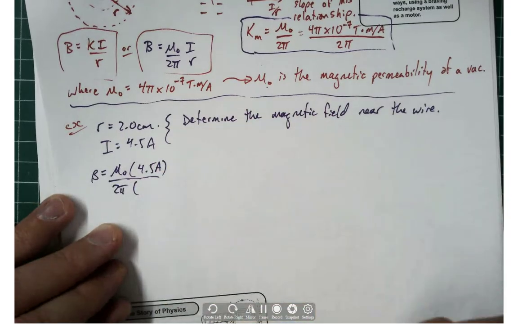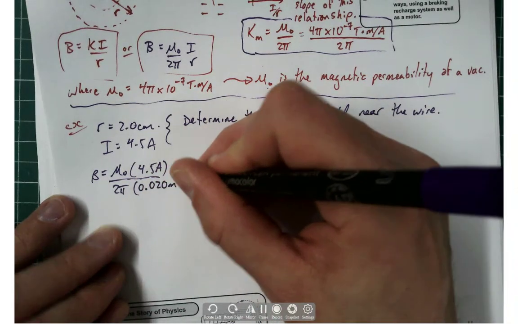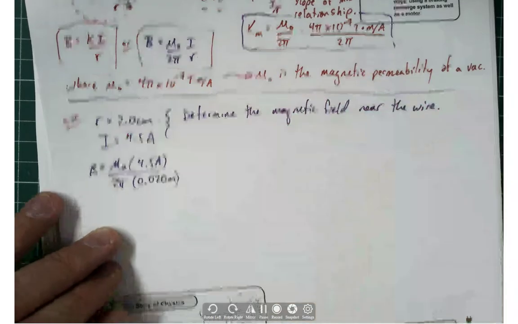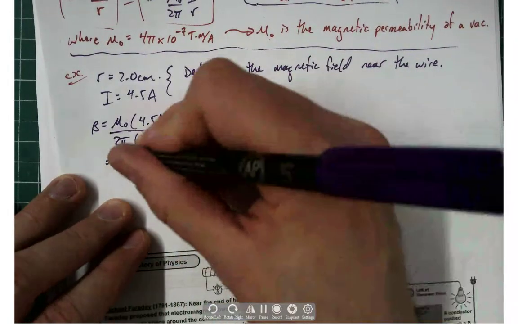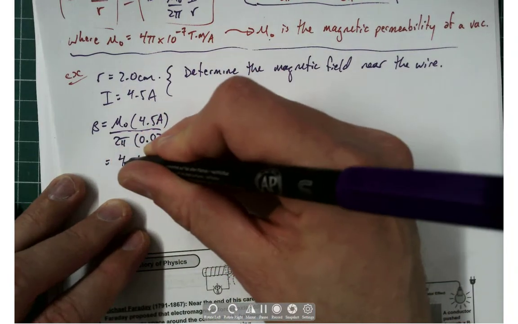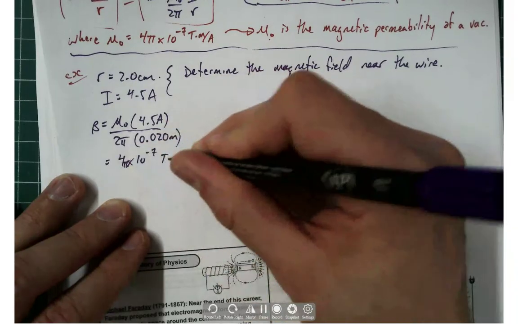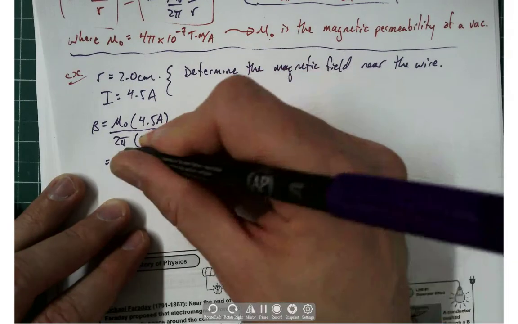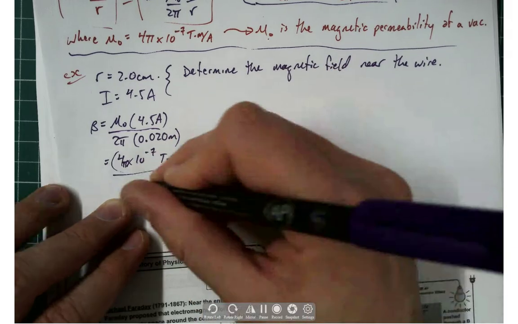What would I have to write it as? Yeah, 0.02 meters. So 4 pi times 10 to the power of negative 7 Tesla meters per amp times that 4.5 amps over 2 pi